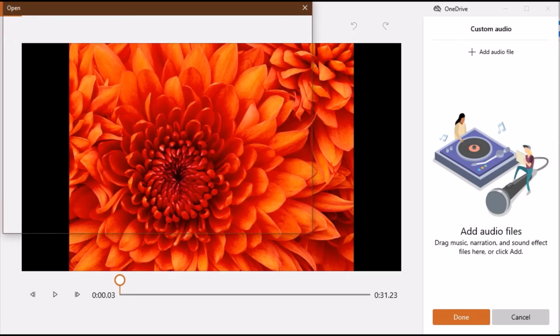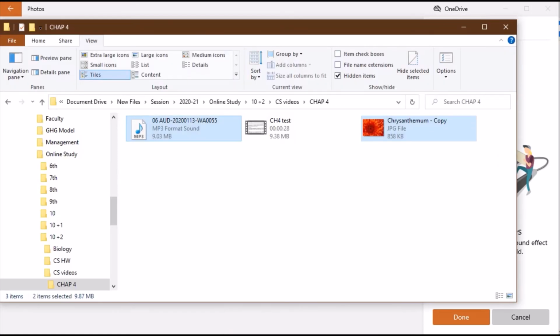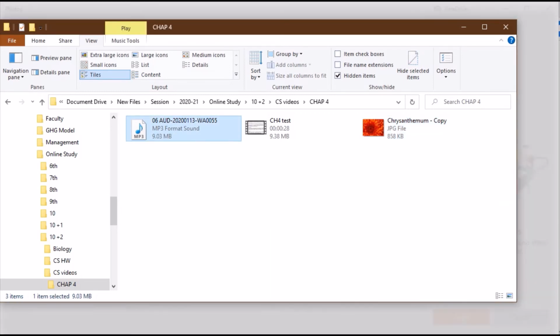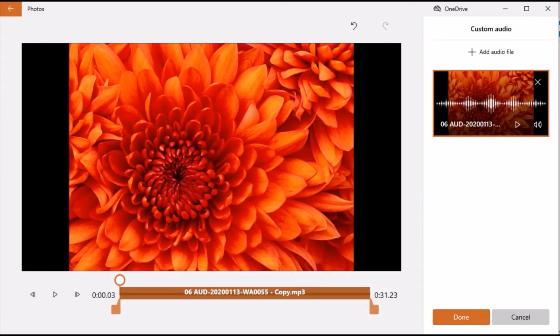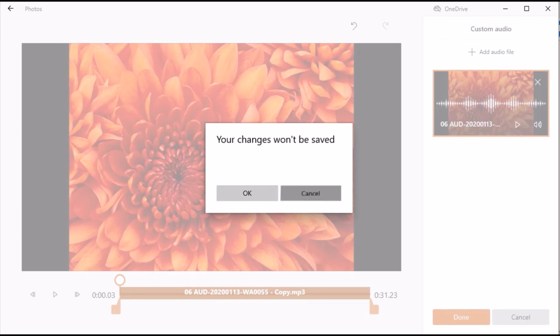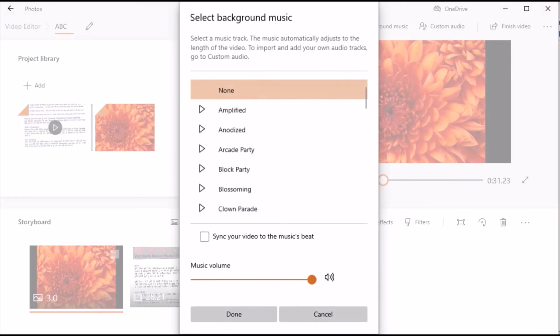This window will open, or I can drag that audio file in here. This will come at this point, and I can click on the volume of that audio. Click on done. Now you can add a background music.